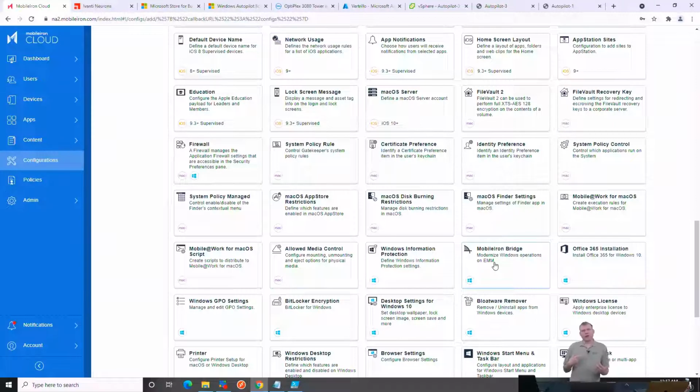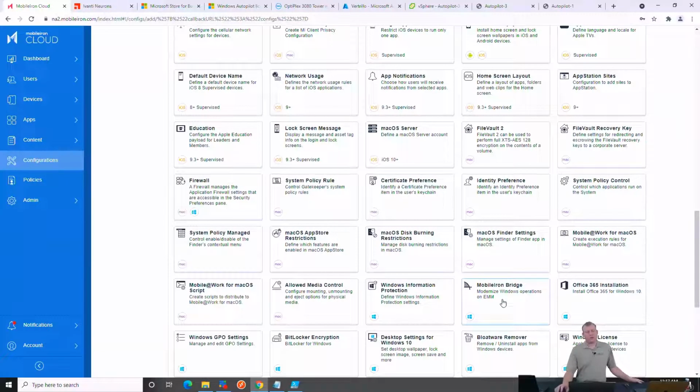Remember when we talked about how we probably need to have both of these systems? The Mobileiron Bridge is really cool because it gives us the ability to bridge the gap between traditional MDM systems and systems that are the traditional kind. So like Endpoint Manager, for example, you can actually go and create a bridge configuration and then install another agent,